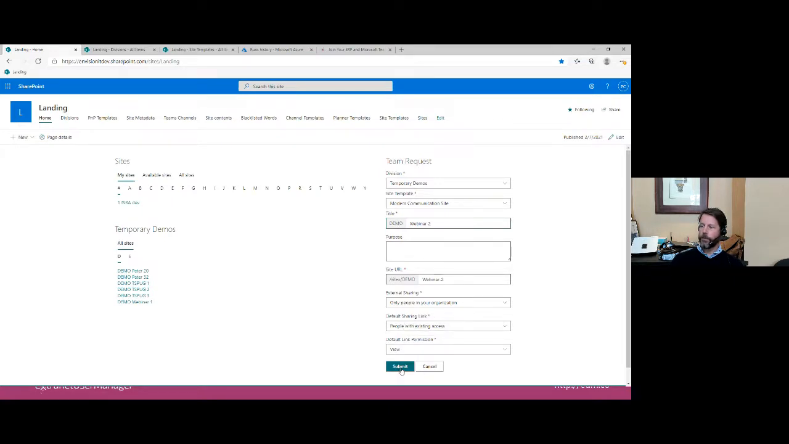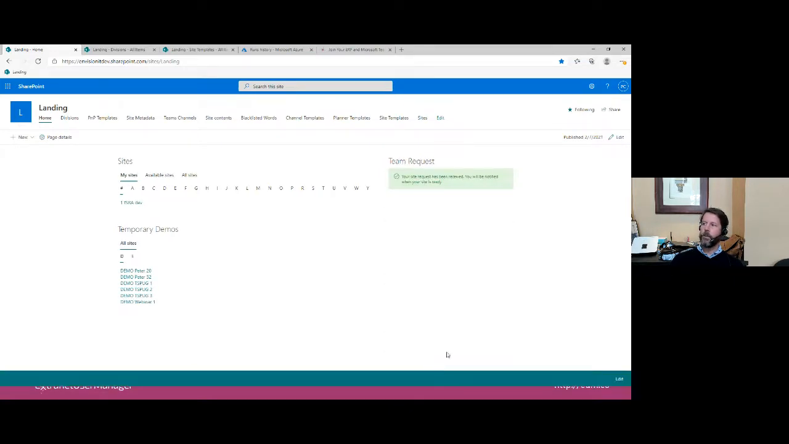So let's just go ahead and submit this. What this is doing is submitting it to a sites list. So it's just writing it to a SharePoint list. That's all the SharePoint Framework Web Part does. So if I look at this sites list here,